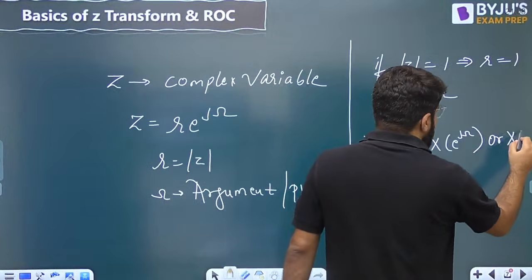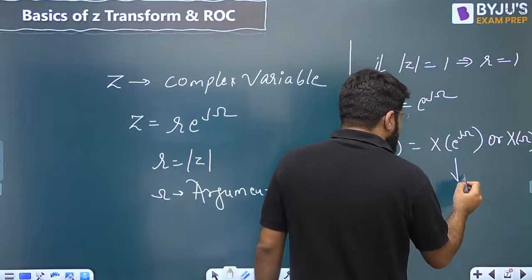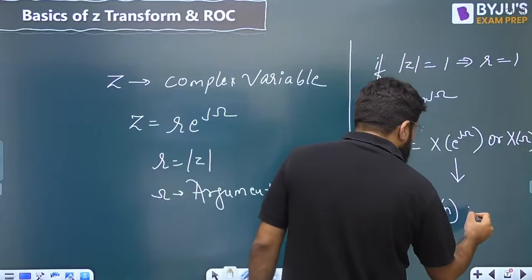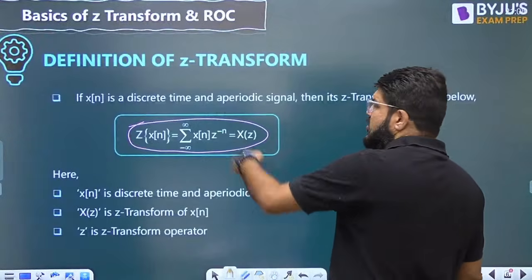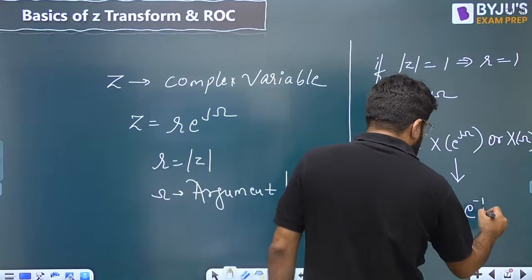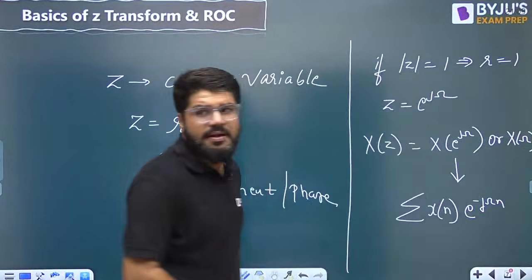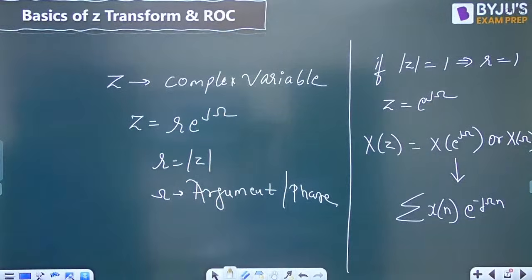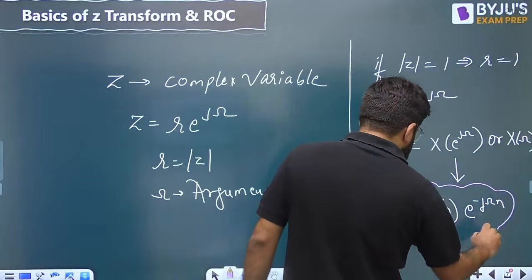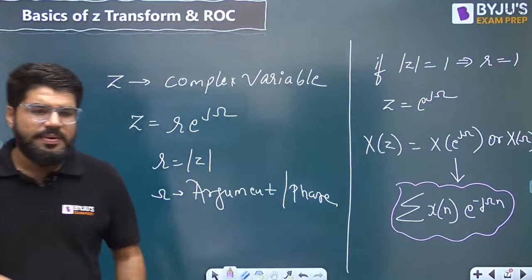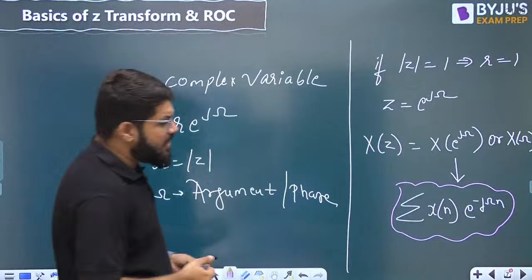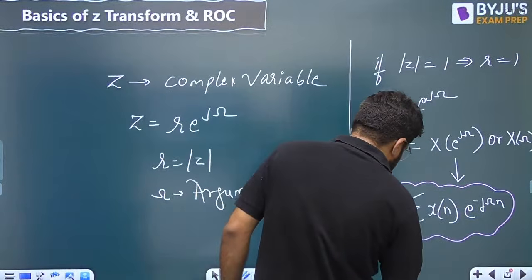So we also simply write it as X of omega, and in that case the formula becomes the summation of x[n] z raised to the power minus n, and with z equal to e power j omega, whole power minus n, it becomes e raised to the power minus j omega n. The summation of x[n] e raised to the power minus j omega n is basically known as the